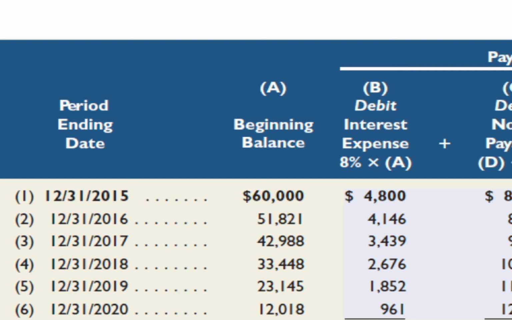So you see, as time passes, there's less of a balance that you owe, which means when you calculate interest on that balance, the amount of interest that you pay each period goes down. Which means that if the payment stays the same each time, but the amount of that payment going towards interest is lower, that means the amount that you're reducing the principal with each payment is going higher and higher until you get to the year when you pay it all off.